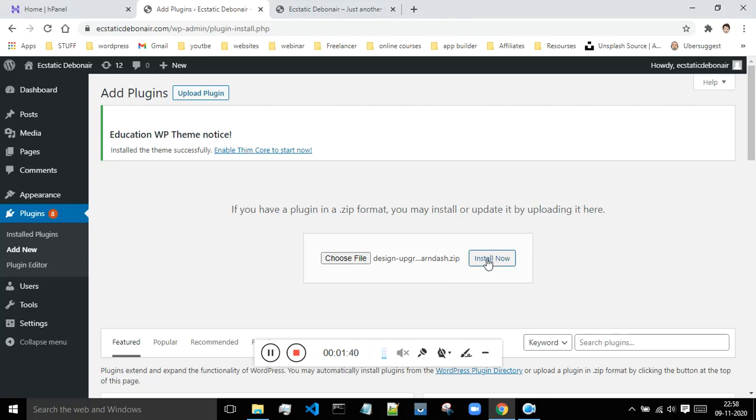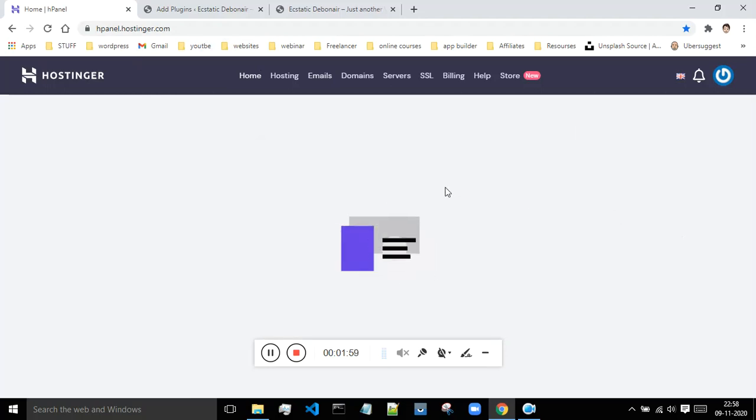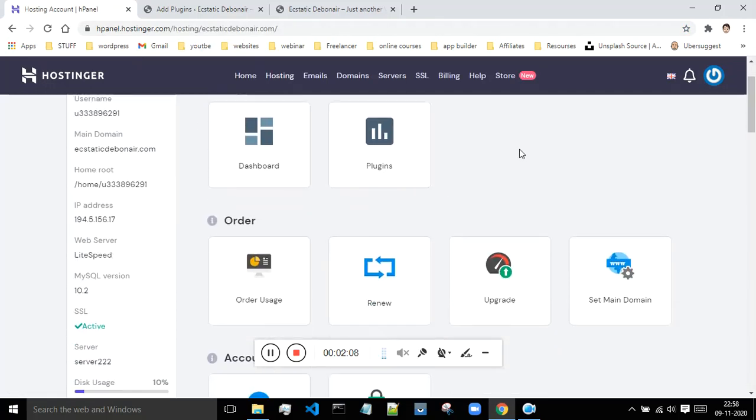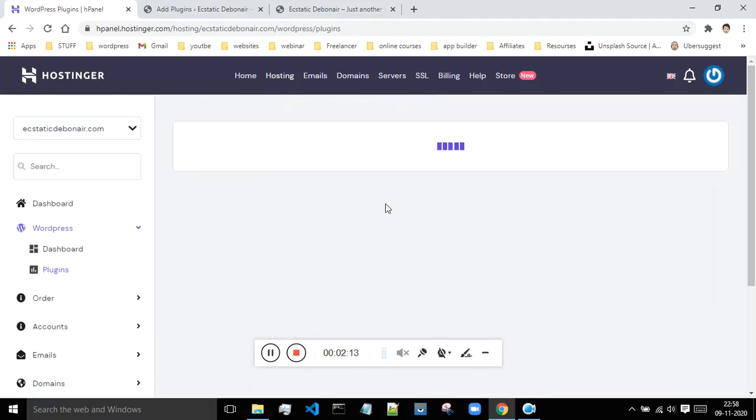Sometimes it so happens that you are not able to upload the plugin from this portal. You cannot upload the plugin from this upload plugin section. So what you have to do is go to your hosting, the website where you have taken the hosting. Let me show you that procedure. Click on this manage, and over here you have to go inside of this plugin section. Just click on these plugins,